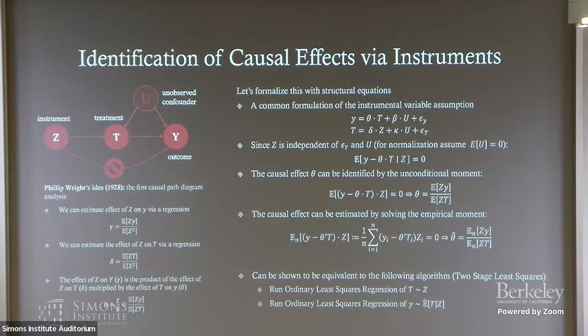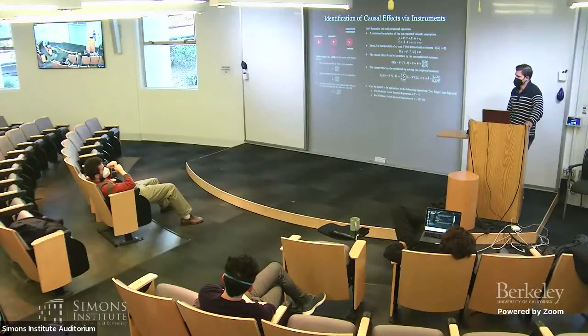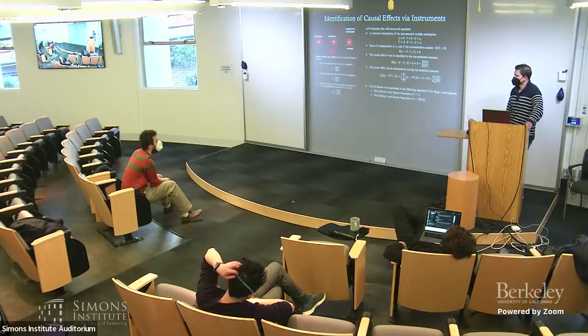There are many views of instruments, and I always find viewing instrumental variables from different views useful because it's not a very simple, straightforward reasoning. Yeah, go ahead. Out of curiosity, in the initial argumentation, did he use the normalization